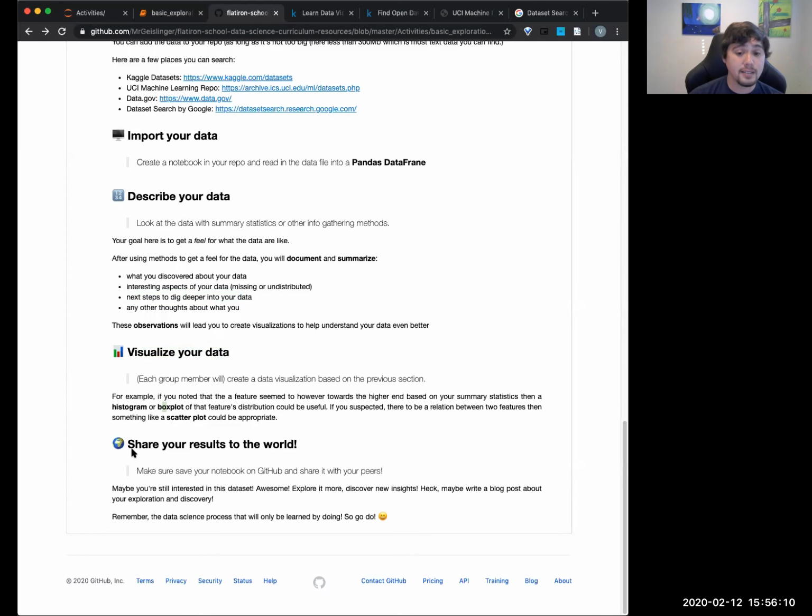Okay. And the last thing is, once you're all done, share it with us on Slack. If you're really interested, like, ooh, this is some really cool data, you can keep continuing and do more stuff with it. But share it out on Slack for sure, and do whatever you want with it. Okay, cool. Thumbs up, sounds pretty good. Any questions?